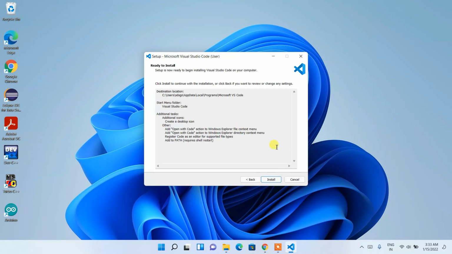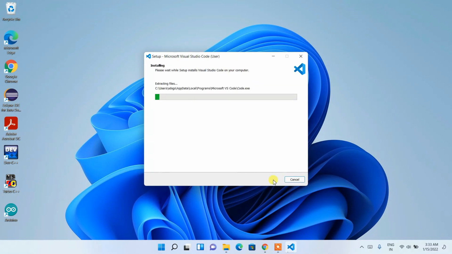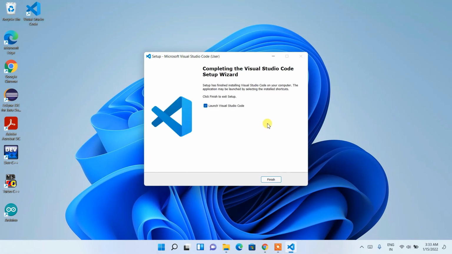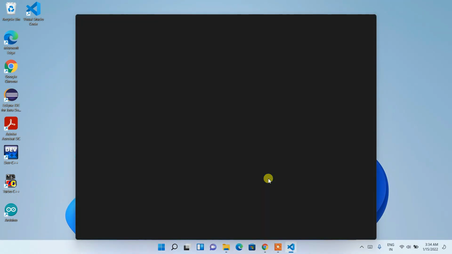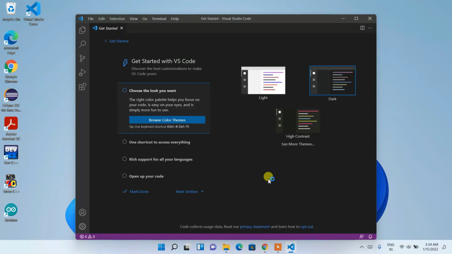And see, it is ready to be installed. Simply click on install, and it will start installing Microsoft Visual Studio Code. And as you can see, Microsoft Visual Studio Code has been installed. Also, launch Visual Studio Code is checked. So simply click on finish to launch Microsoft Visual Studio Code, and it has launched